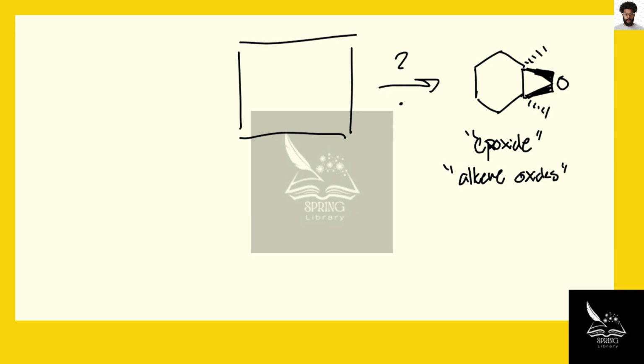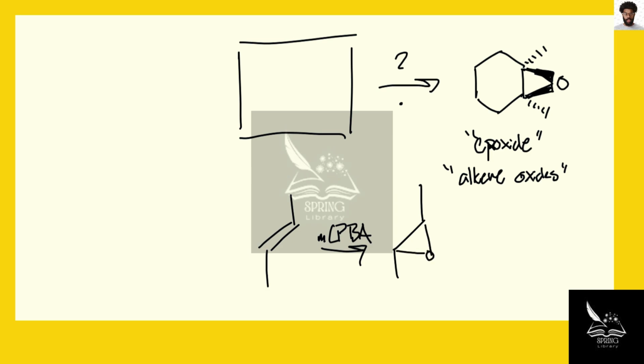Well, the general pattern is that you have some alkene, and you react it with MCPBA, which is basically a peroxy acid. There's other versions of this peroxy acid. It's an oxidizing agent, but a somewhat mild one. It will oxidize the alkene to instead give you